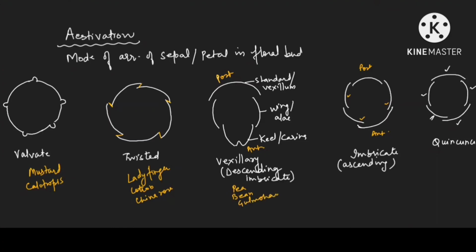Imbricate example, sorry beta, it's not gulmohar there, just a sec. Gulmohar will not come here. Gulmohar example we have to write in the imbricate. Imbricate example is gulmohar and cassia. And your quincuncial example is your Murraya. So I hope this estivation topic is clear to you. Okay. Now let us move to the